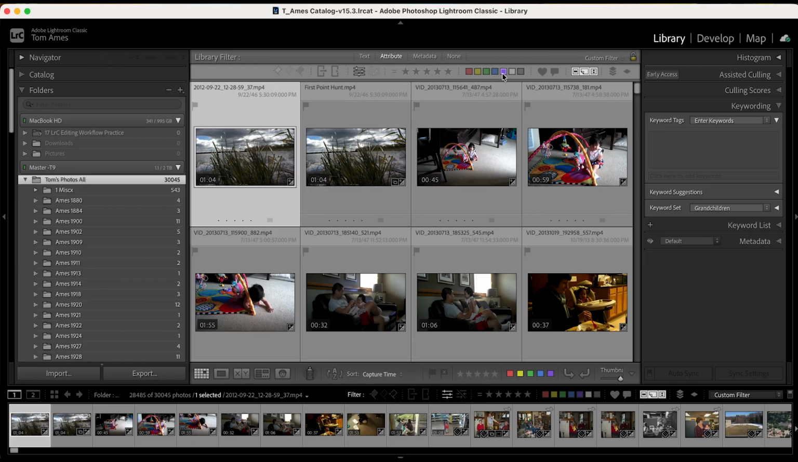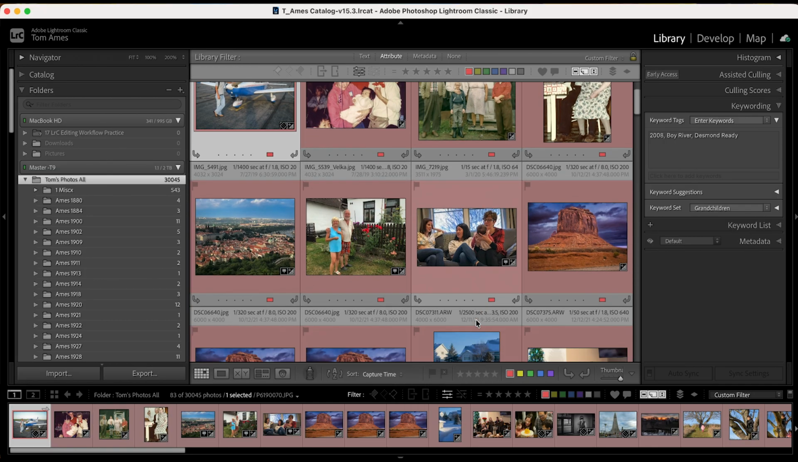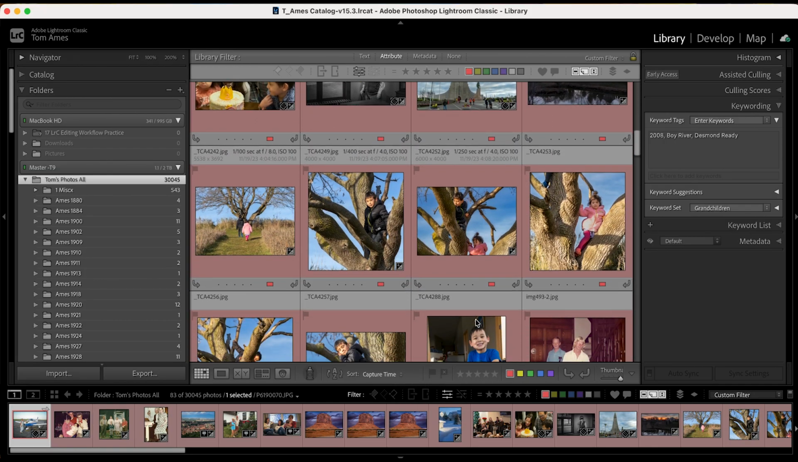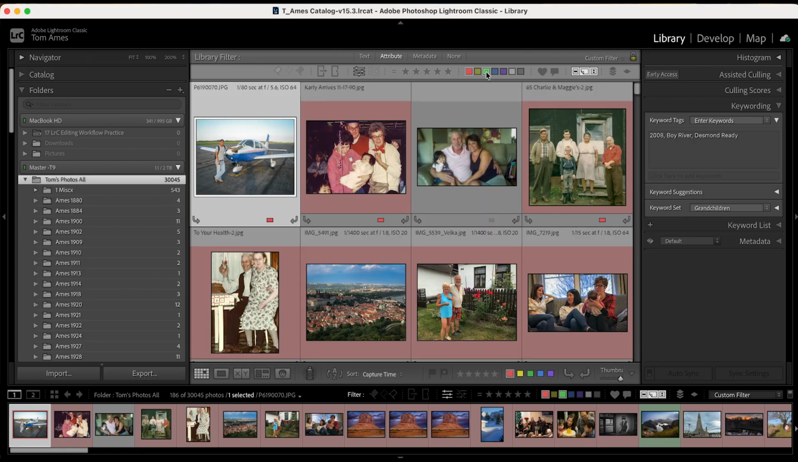And I'm going to go with all the images that have been labeled red. And notice, there they are. Or I could say all the ones that are labeled green and red. All the ones that are labeled green or red